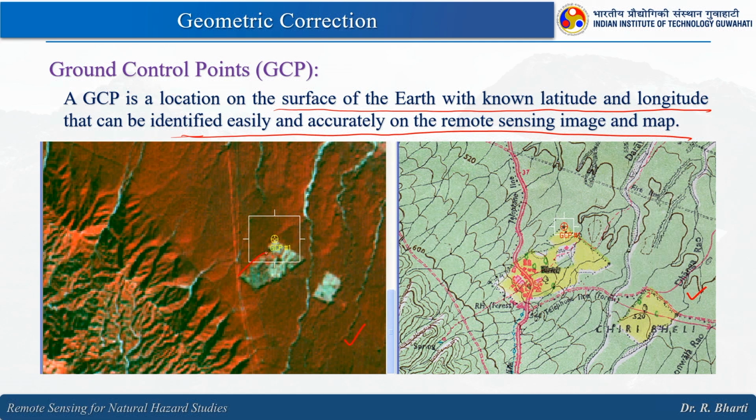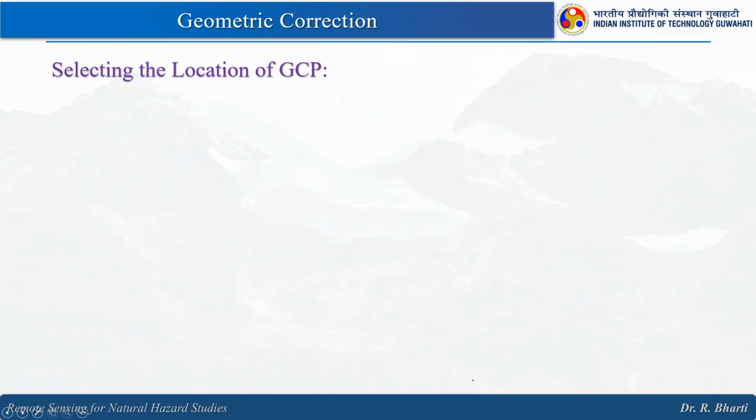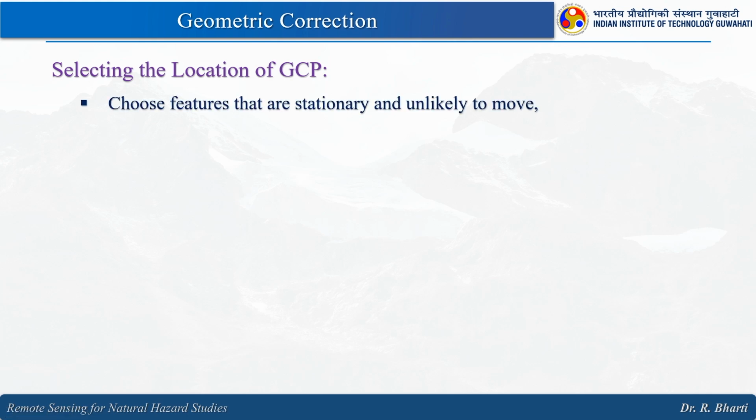Now in this satellite image, this is the boundary of this particular object. Here this is the boundary of this particular object. So this particular corner and this particular corner are both the same, so we can easily identify them. This is not done visually. When you put in the values, your remote sensing software will automatically tell you where it is exactly in your remote sensing image. So, selecting the location of a GCP is very critical, because